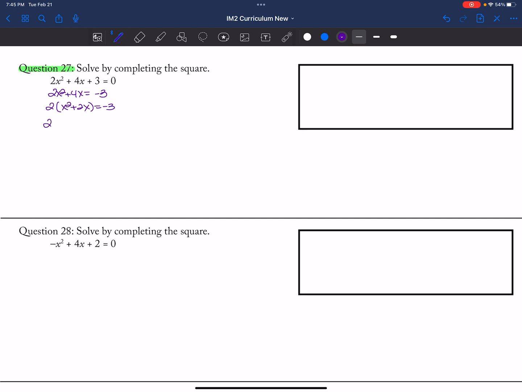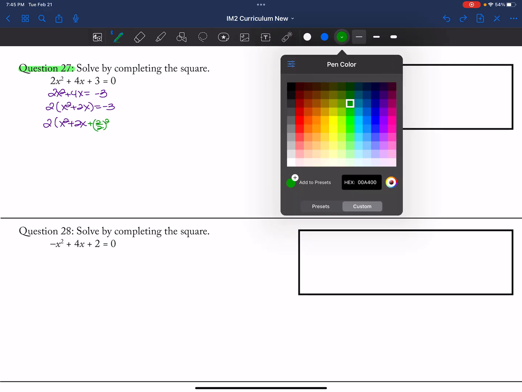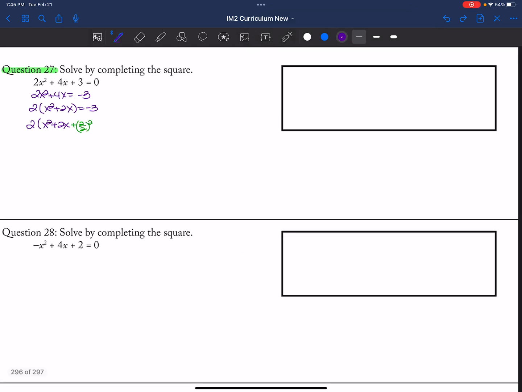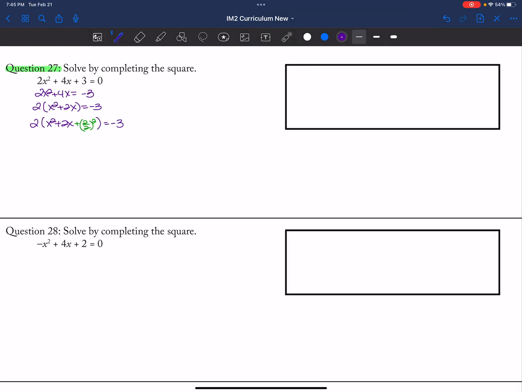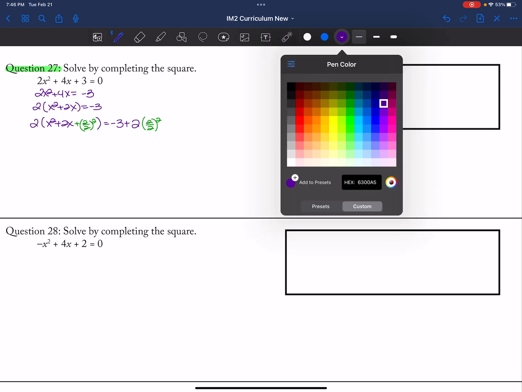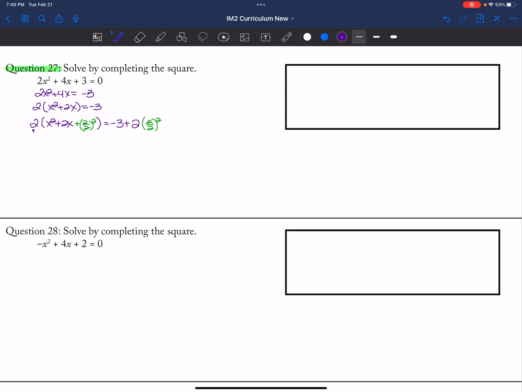And then I complete my square. X squared plus 2x. Then I take half of my b term, which is 2 over 2, and I'm squaring it, and I should make my parentheses all the same color because it's going to bother me. Okay, and then is equal to negative 3, and then it is plus my 2 times my 2 over 2, the quantity squared. Okay, so it's the 2 outside in front of the parentheses, multiplied by what's in green, and added to both